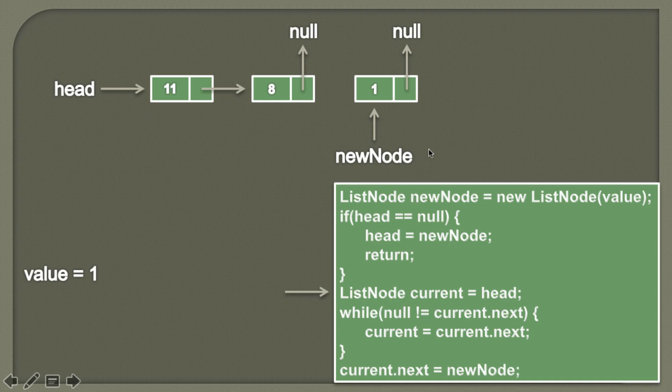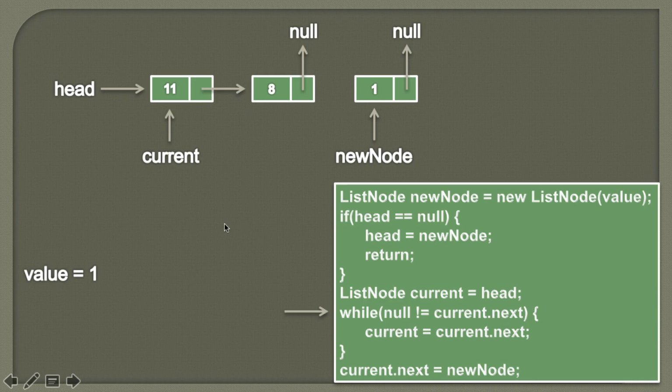So friends, in order to insert this new node to the end of the singly linked list, we have to start from the head and reach the last node of the singly linked list. To perform this step, we create a temporary node by name current and we start it from the head by assigning the value of head to current. So it would look something like this: current is pointing to the first node having data as 11. Now we will provide a while loop and traverse current to the last node of the singly linked list by providing a condition that current.next is not equal to null.